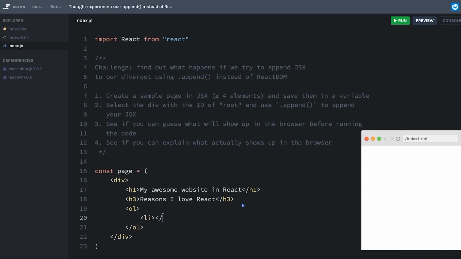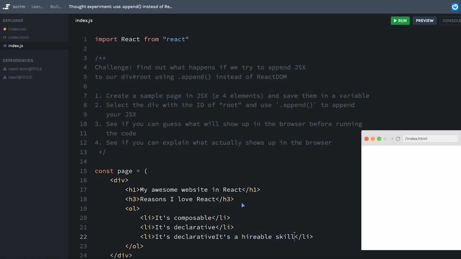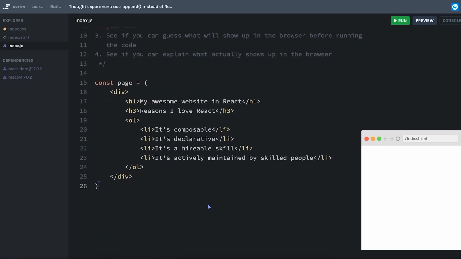It's not terribly important what you actually put in here. I'll just use some of the reasons that I've been talking about. It's composable. It's declarative. It's a very hireable skill to have. Let's see, I need to get rid of this. And it's very actively maintained by some very skilled people. Again, the JSX you chose to put in here is not terribly important. So we'll use